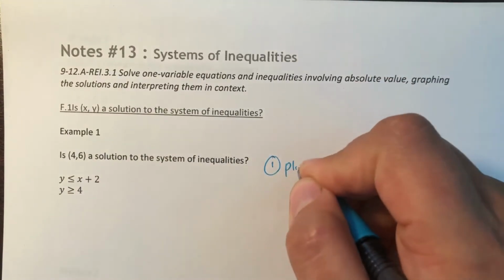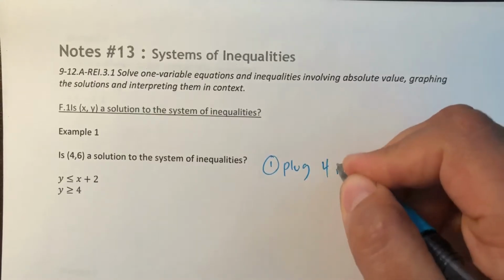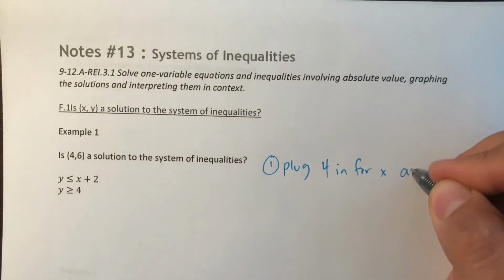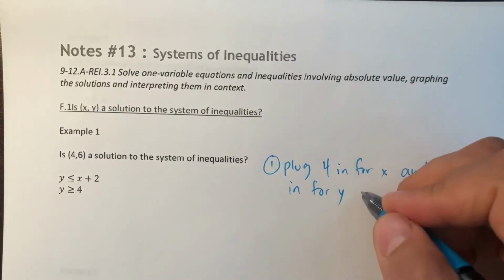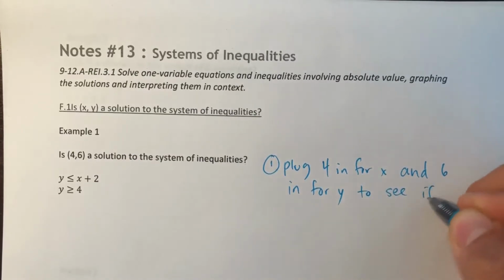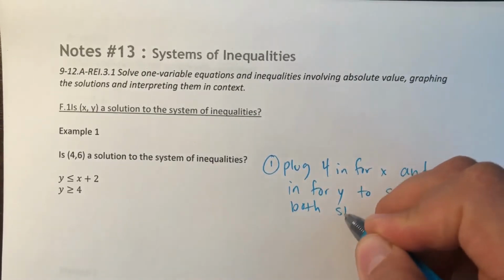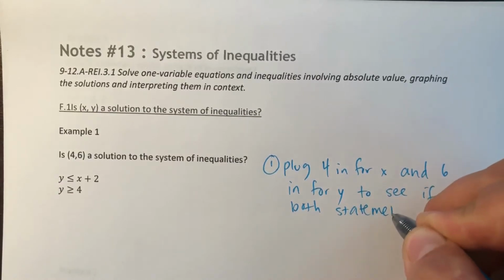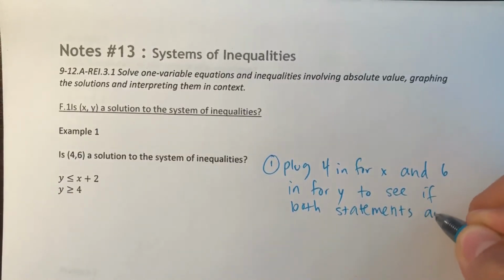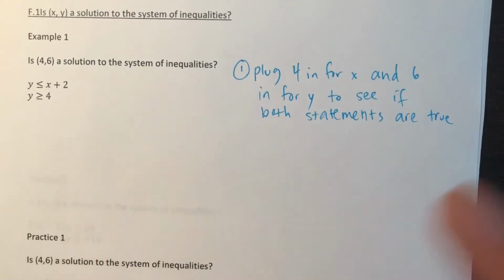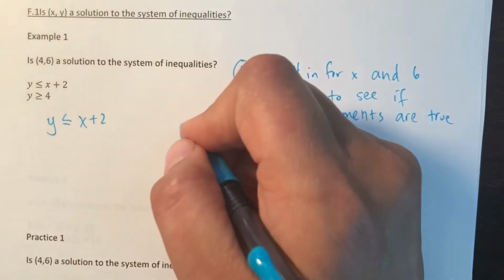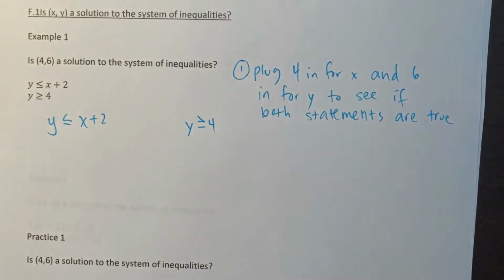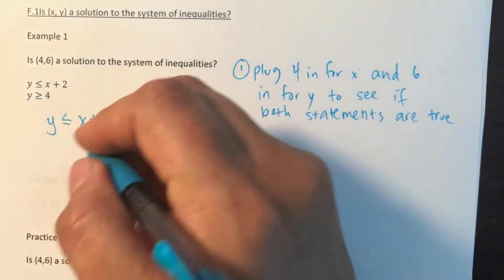So you're going to plug 4 in for x and 6 in for y to see if both statements are true. So I have two equations, y is less than or equal to x plus 2, and y is greater than or equal to 4. So if I'm plugging 4 in for x,